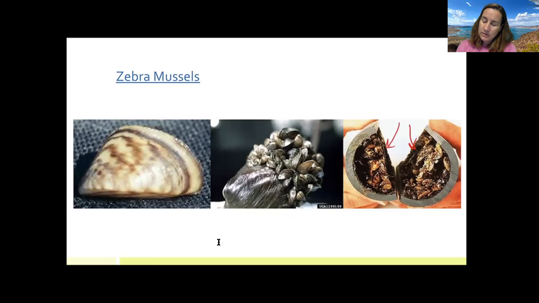So this video is talking about what you can possibly do about it. You definitely don't want to fill up your ballast tanks in one body of water, take your boat to another body of water, and then empty those ballast tanks. Don't do that. If you're a fisherman and you like to fish and go to different areas, cool, that's awesome. But try and think about being responsible and not transporting everything from one body of water to the next, because that's how we end up with things that shouldn't be in your bodies of water. And the zebra mussel is one of those things that got transported and dumped, and now it's taken over.